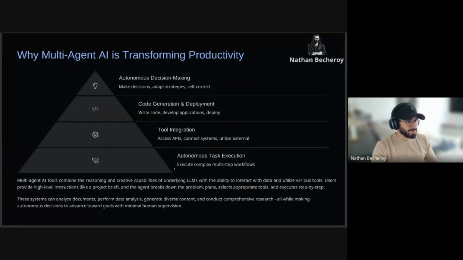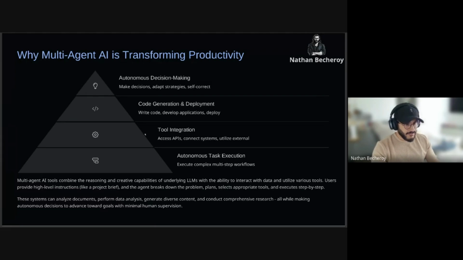So why are they transforming productivity? It's easy because, as you can see in this pyramid, they are autonomous. They execute complex multi-step workflows using chain of thought. Generally, they integrate other tools to better execute your tasks.